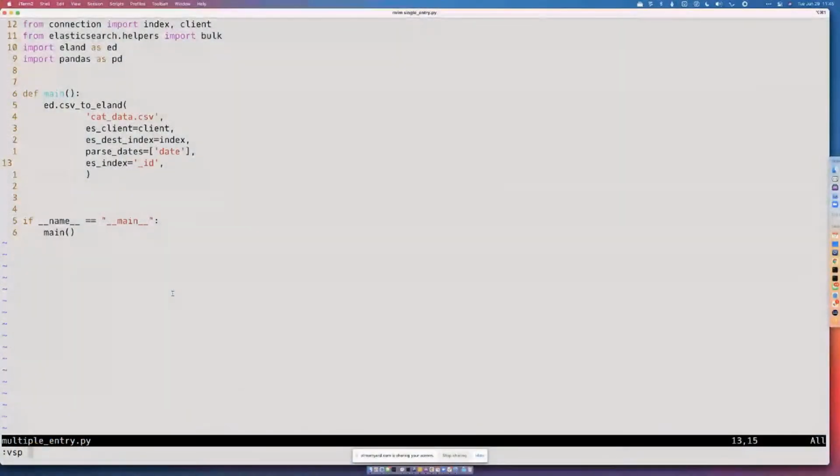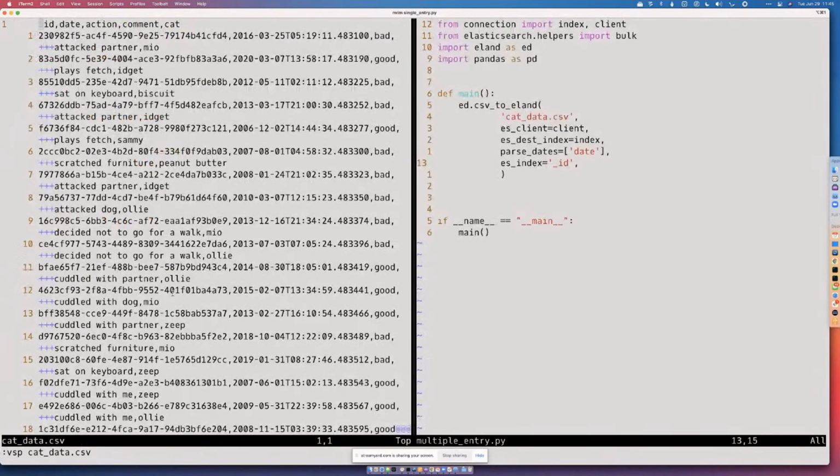And set ES if exists equals replace, ES destination index. Seth, the problem is that there's already an ID. I get what you're saying. ES if exists equals replace will just tell us that we can overwrite the data that already exists. But the problem I'm running into is I already have IDs set here. So I need to tell Elot that the ID